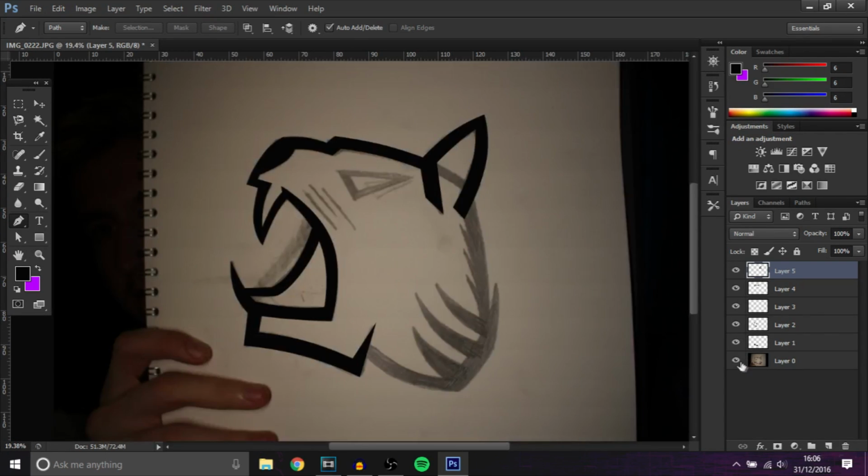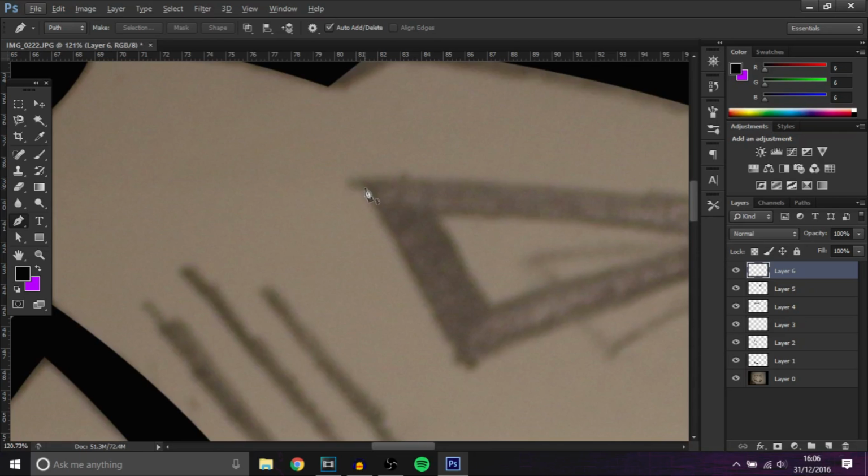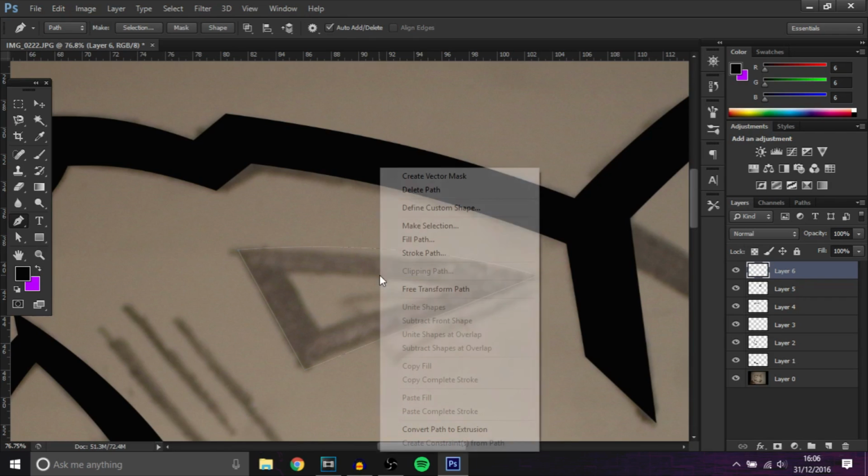Okay, so next thing, we're going to do the eye now. So if you just make a new layer, this looks really simple. Just make a triangle. Click here, here, there, and then just curve it round. Fill that in,